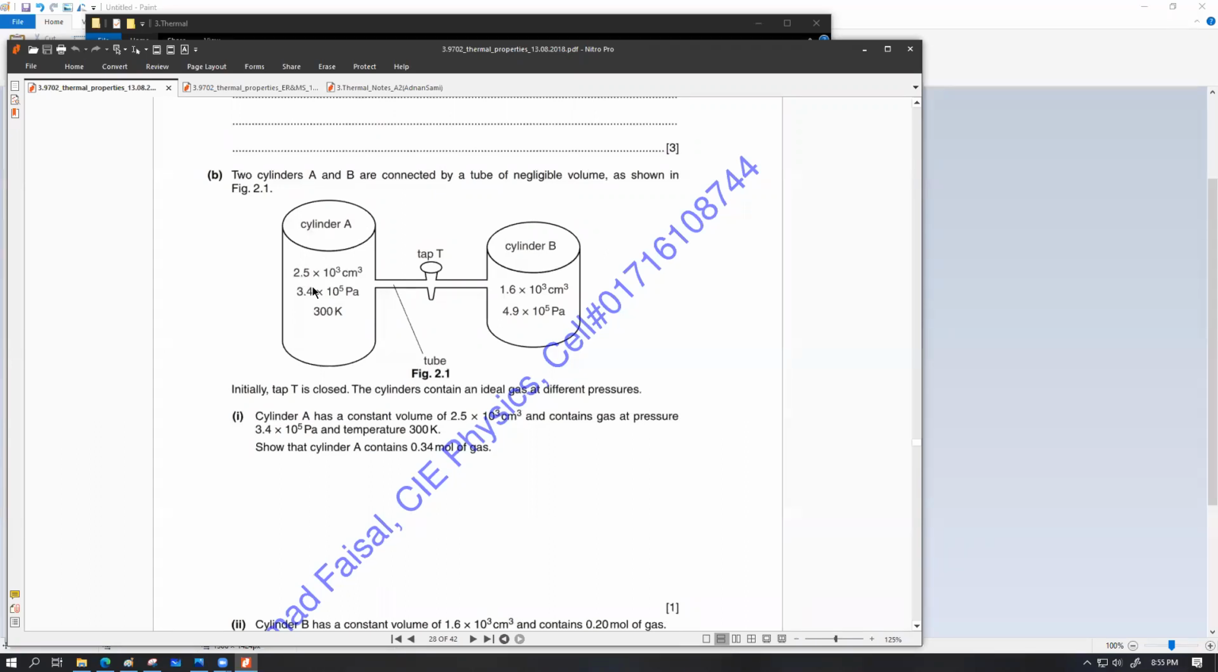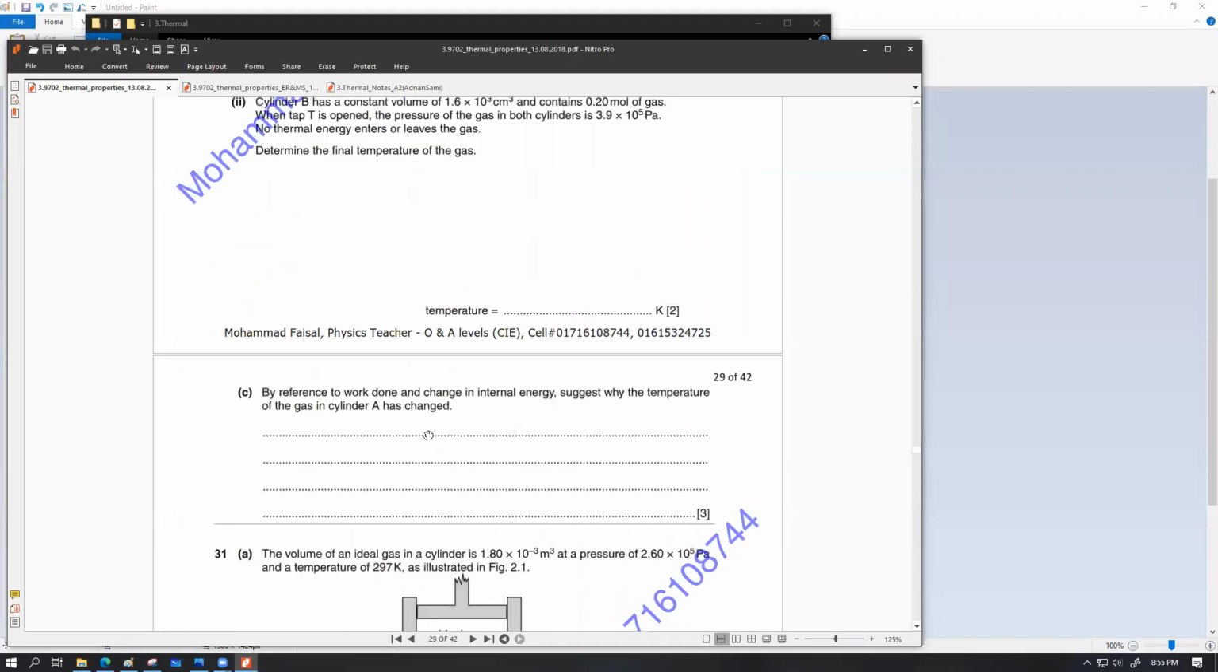And that amount of work done will exhibit,